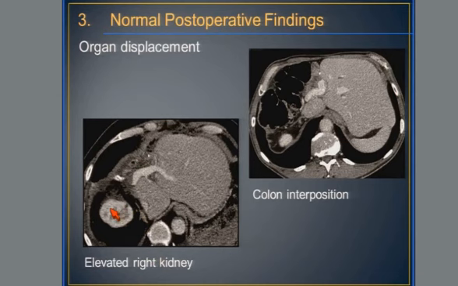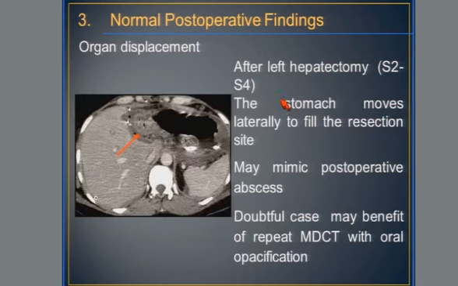The kidney can move upstairs to be a little bit higher than usual, and sometimes the colon, after a major resection, can be located between the liver and the abdominal wall. Sometimes organ displacement can be confusing. This is a case of a patient who had a left hepatectomy, and the stomach came close to the liver,